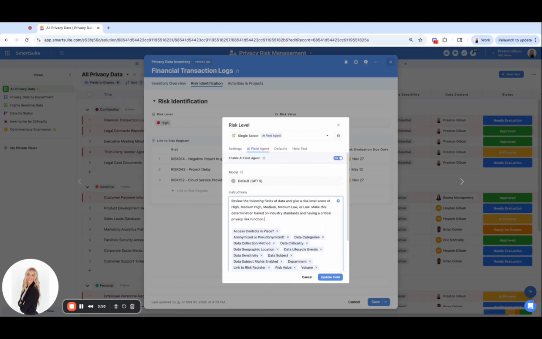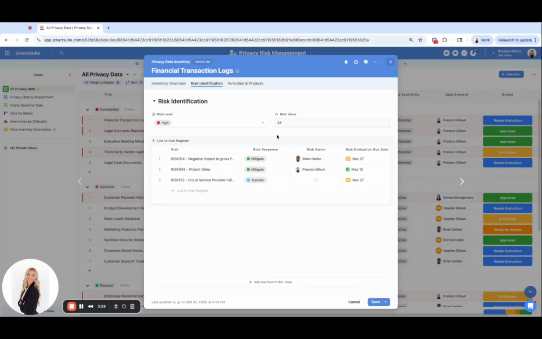AI Assist can also trigger workflows based on risk thresholds, for example, kicking off a PIA when a new high-risk data is added, or summarize privacy risks and assessment outcomes into executive-level briefings for leadership and board reporting. This combination with SmartSuite's automation engine ensures tasks are routed, deadlines are tracked, and teams stay aligned, reducing manual overhead